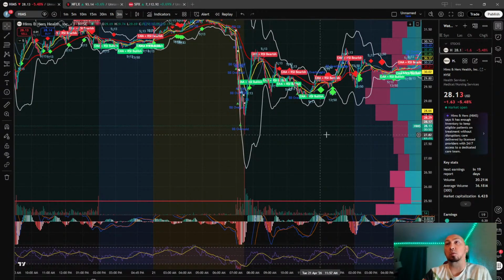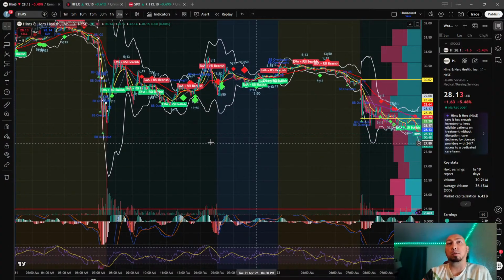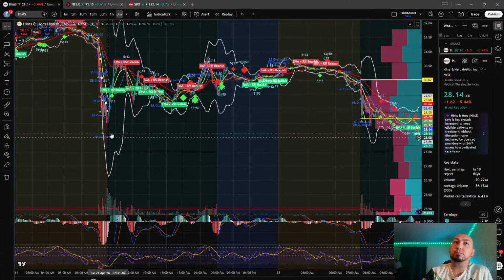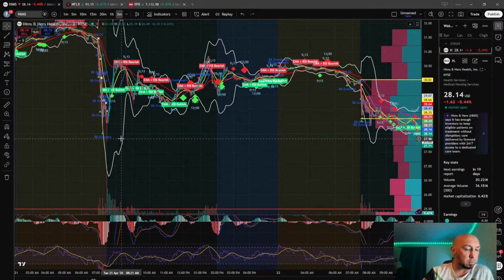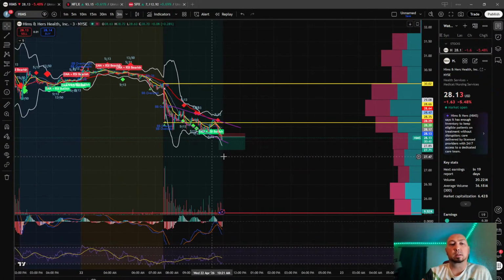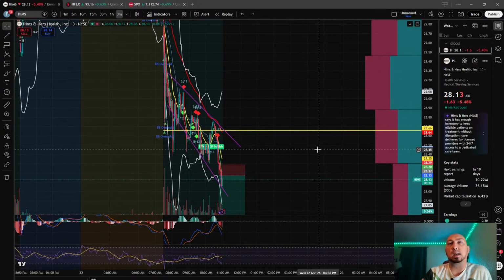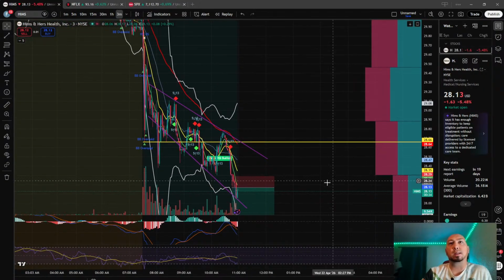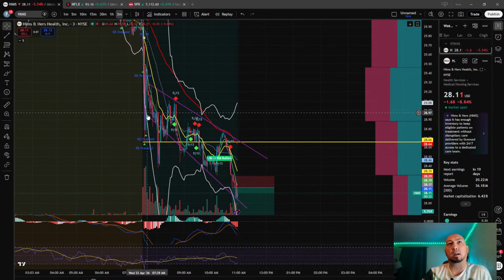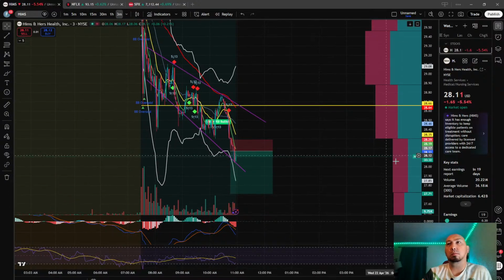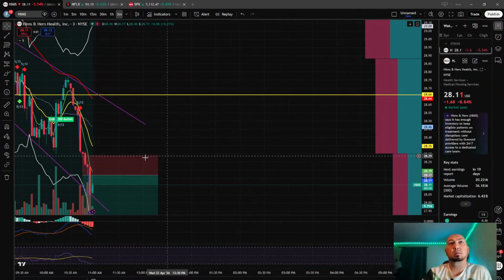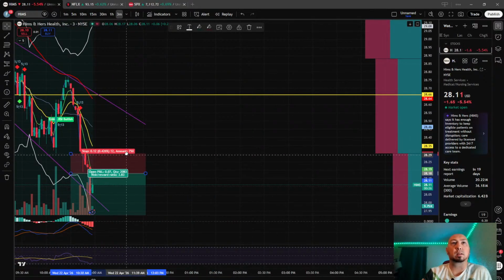It bounced off of this as well. So before entering that put, I could have looked back and saw that bounce is around the same support as before. So probably should not have entered there, seeing that. But we do have a descending wedge off of a fall. Oh, didn't lock that.